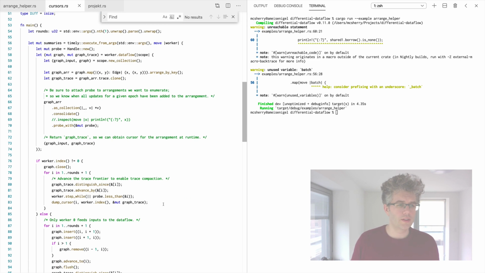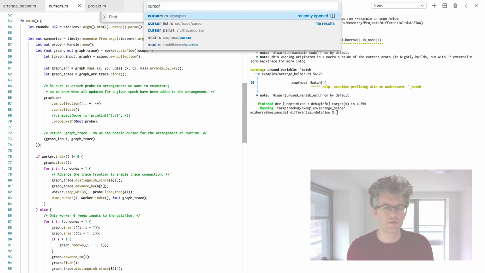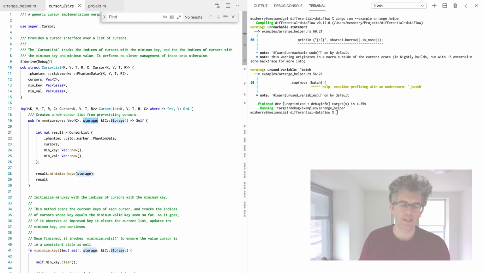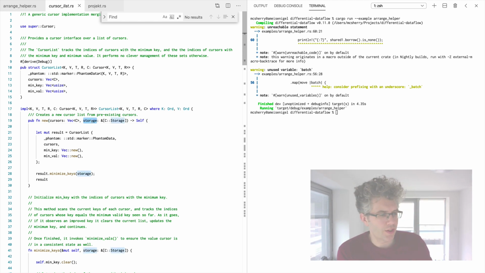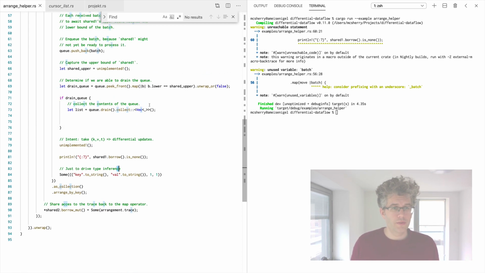But let's take a look at all of our... This is just a test, isn't it? So a cursor list is something that takes a bunch of already existing cursors and already existing storage. In a sense, storage is the batch, it's the big pile of data, and the cursors are the offsets into it that allow us to sort of navigate around without mutating the underlying storage. So the actual way to build one of these cursor lists, I suppose, is to take each of the batches and from each of them get a cursor. So if we will do something like